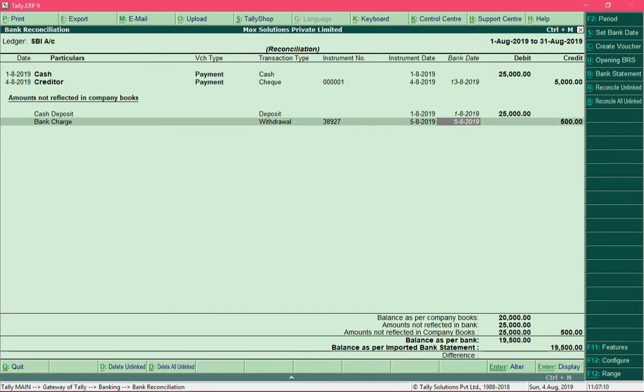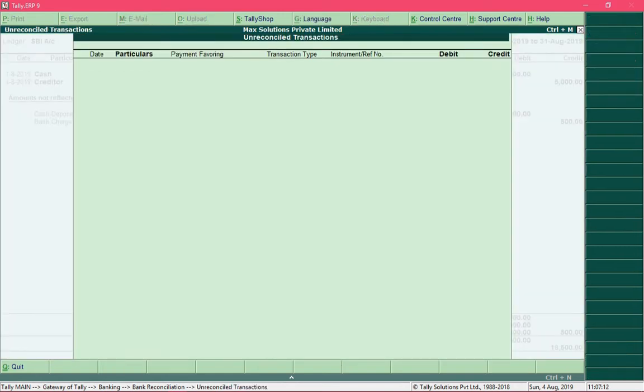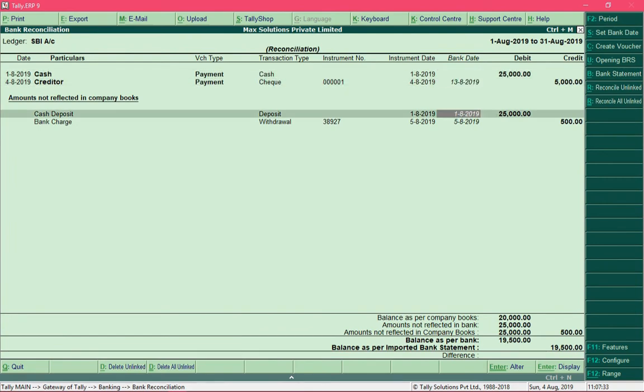and press Ctrl R to reconcile that entry, and then Tally would display all the relevant entries from our records, and you need to select one of the records which matches with the entry. So for this entry we are yet to pass a voucher entry, that is why there is no transaction displayed over here. So this was one way of reconciling all the entries automatically by selecting entries one by one.